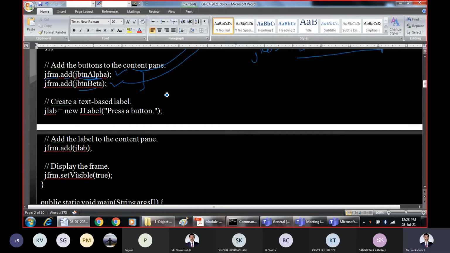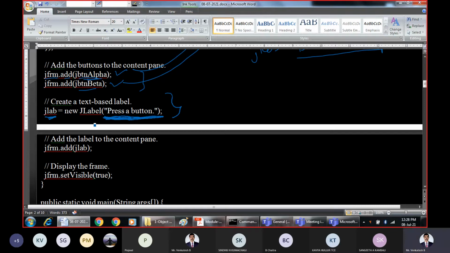Similarly, we are creating one more passive component called a JLabel. We are just creating one label. What is that label? We are asking the user to press a button.